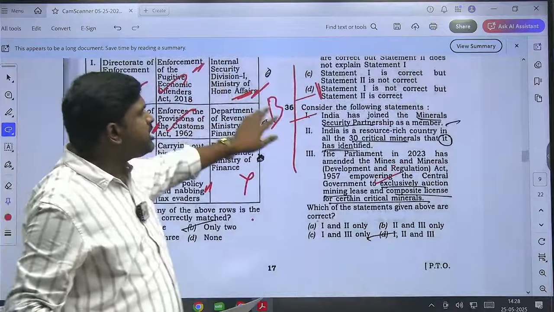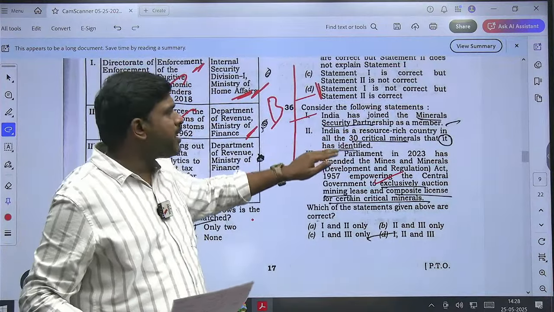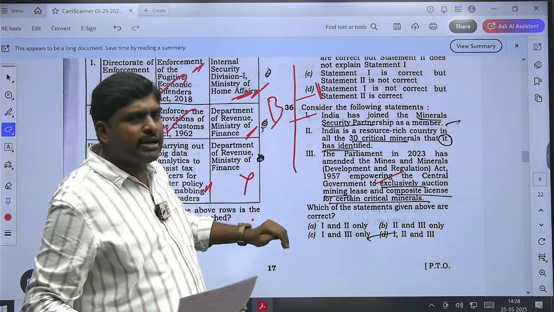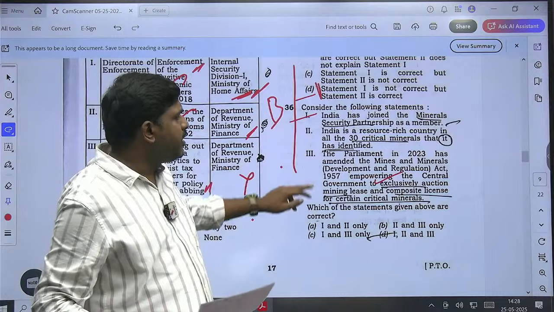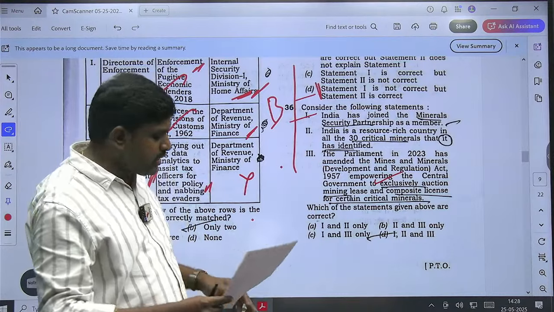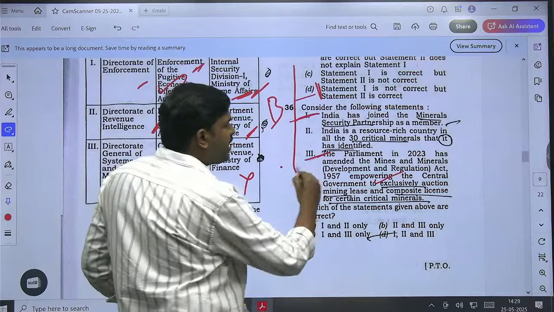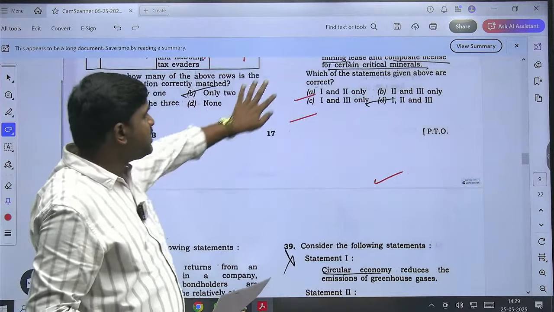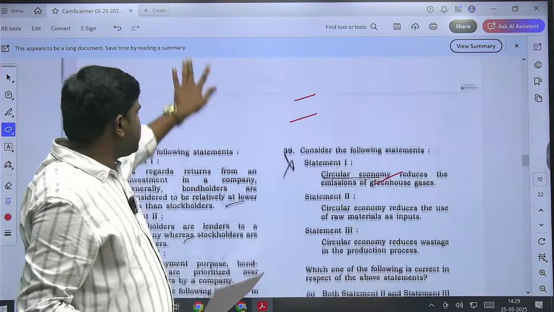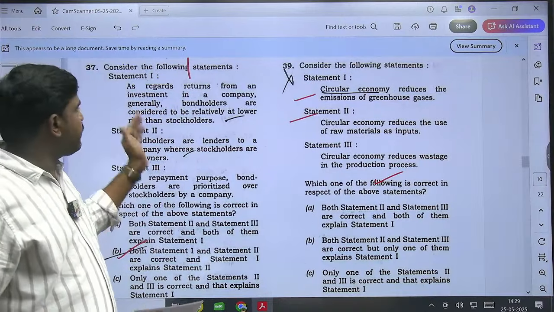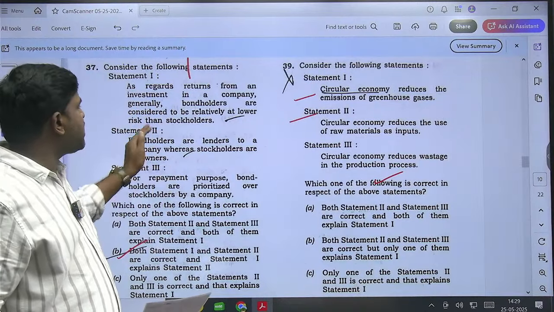Similarly, consider the following statement. India has joined the Mineral Security Partnership as a member. India is a resource-rich country in all the 30 critical minerals that are identified. The Parliament in 2023 has amended mines and mineral activities. So 36 is 1 and 3. Yes, it got amended. 36th question. Answer is C. 37th, as regards return from an investment in a company, generally bondholders are considered to be relatively